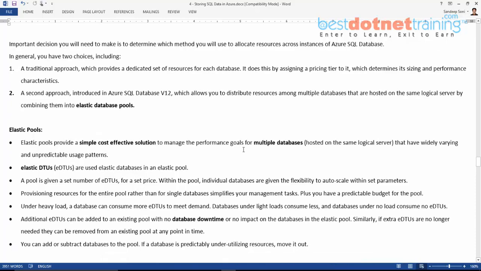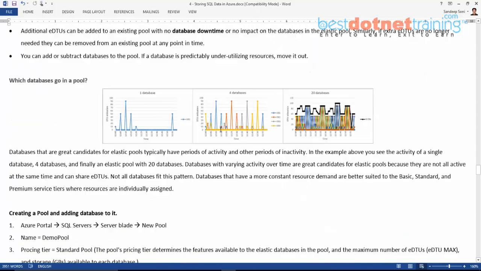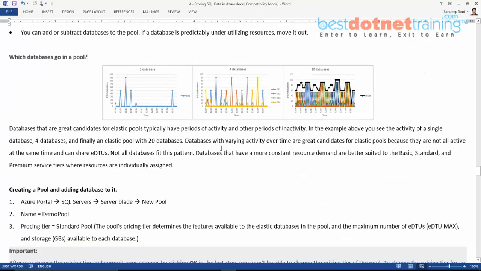So we have two major deployment models available. The traditional approach where we have a dedicated set of resources is ideal when we have a fixed amount of resource utilization throughout. When we have unpredictable usage for every database, putting them all into a single pool and allocating resources to the pool is anytime a better option. So this is all about planning of our